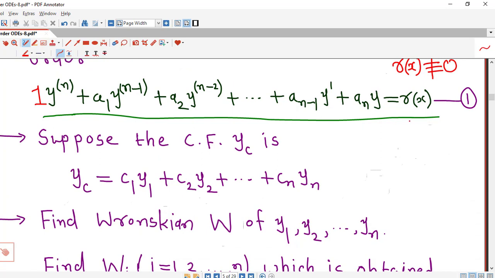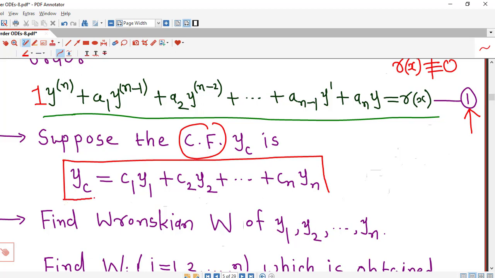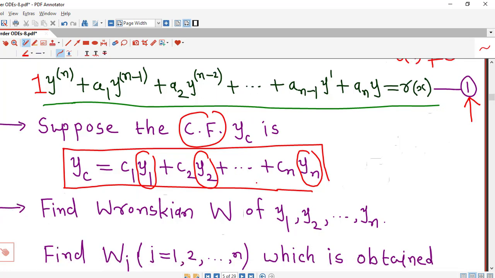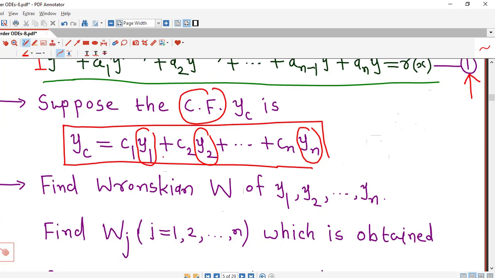First we have to find the solution of the homogeneous differential equation corresponding to equation 1, and we know that this solution is known as the complementary function. Suppose the complementary function is given by y_c equal to c1y1 plus c2y2 and so on up to cnyn. Because we have an nth order linear differential equation, there must be n linearly independent functions in the complementary function. So first we find the complementary function, then we find the Wronskian of these n functions y1, y2, yn,